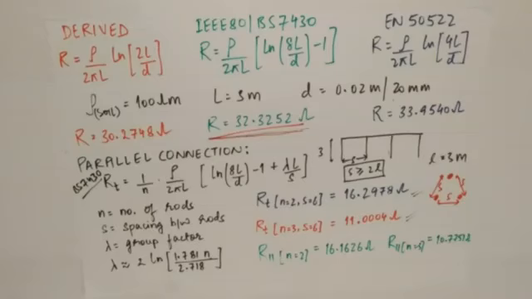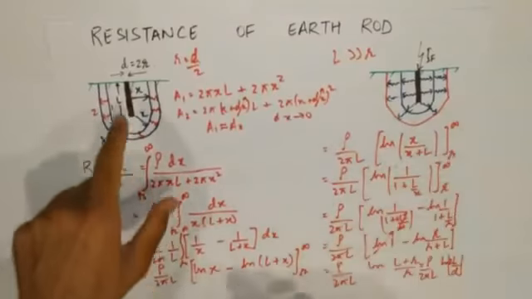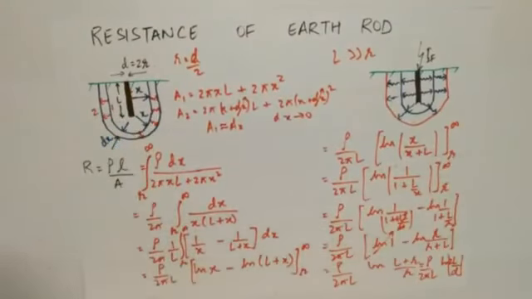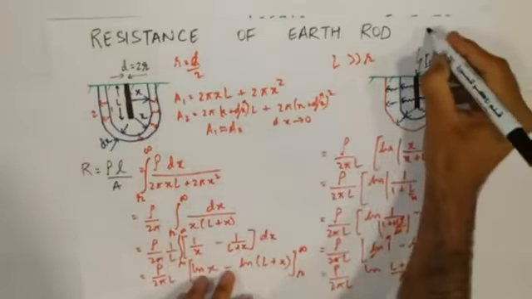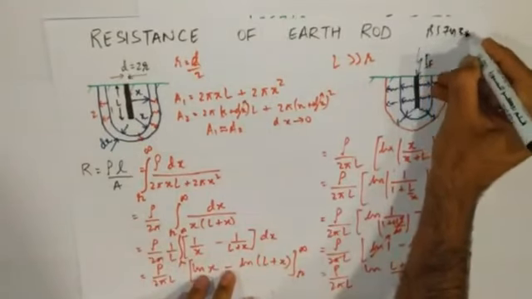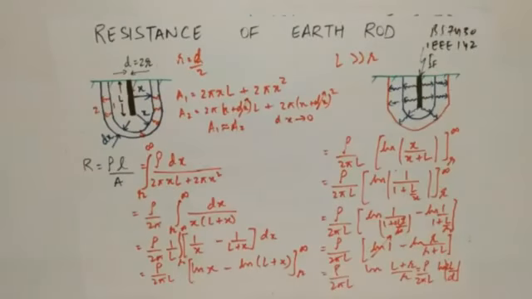Now I hope you have understood the concept behind the derivation which we did for the earth electrode. Like in this case, you can do it for a strip or for other cases, and the formulas for the other cases are given in BS7430, or you can also refer to IEEE 142 for various types of cases. If you face any difficulties in deriving, you can mention it in the comments. I will be coming up with those derivations in my upcoming lectures.